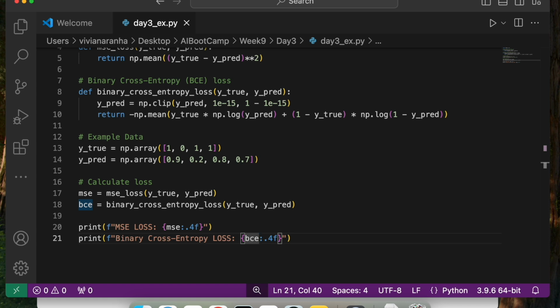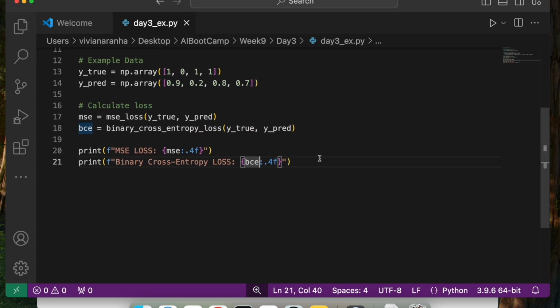Now let's go ahead and calculate the gradients manually. So what I'm going to do is create a derivative of MSE loss.